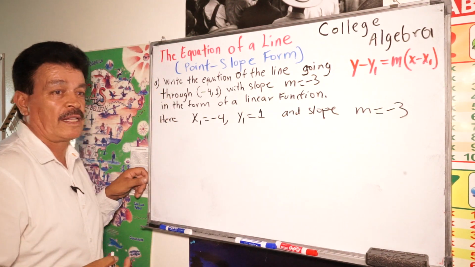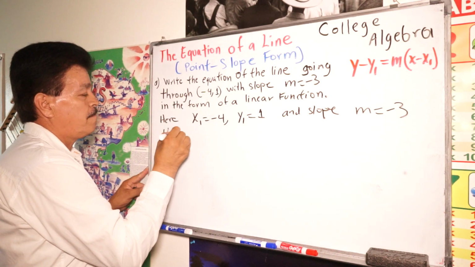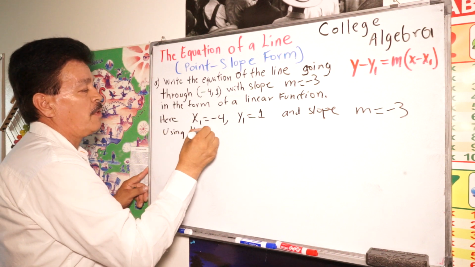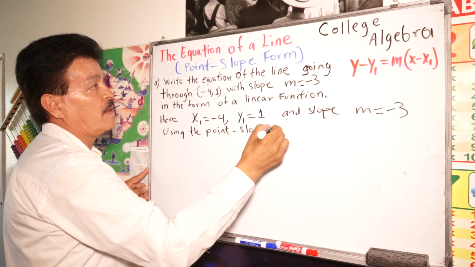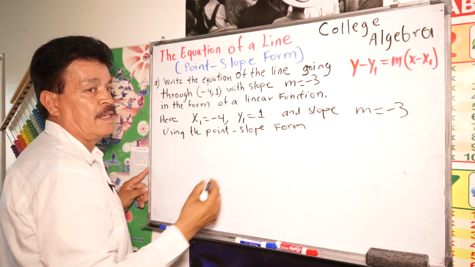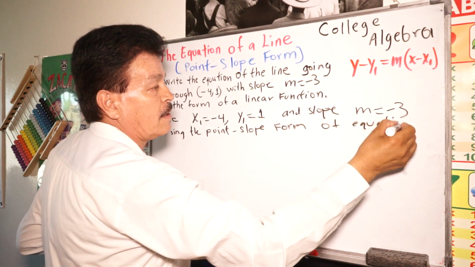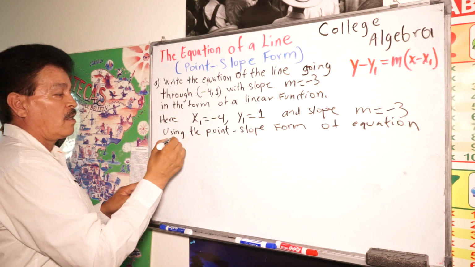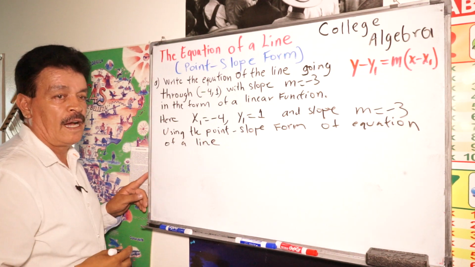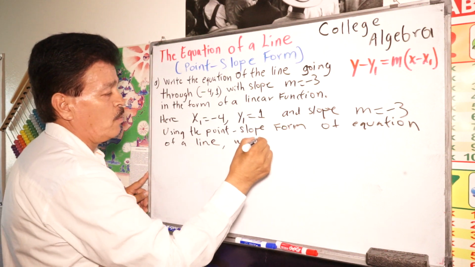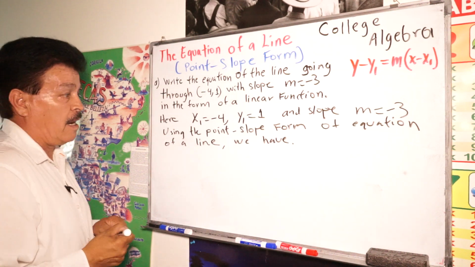We have it right there. Using the point-slope form of the equation of the line, we have,